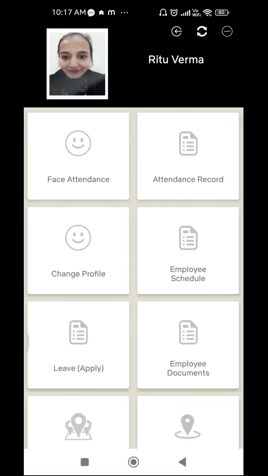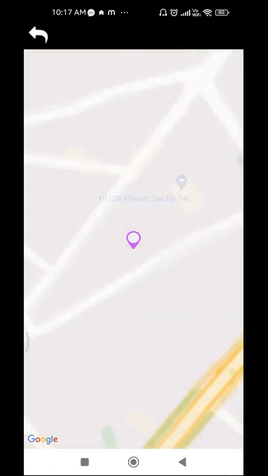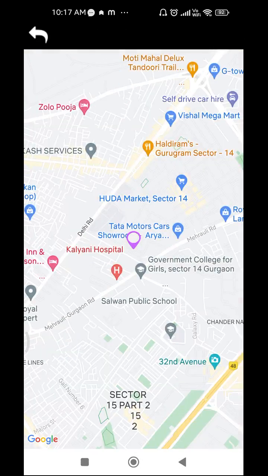The next feature which is available here is attendance record. This feature of the application is very helpful to track our data. To get the confirmation about your attendance, you can simply click on attendance record. After clicking on it, you can see your data along with your location detail, which includes longitude and latitude, which you can search on the map as well. You can simply type latitude and longitude on Google Maps separated by a comma, or you can track your location with the help of the icon at the right side. You can click on this icon and you will get the location from where you have marked your attendance.